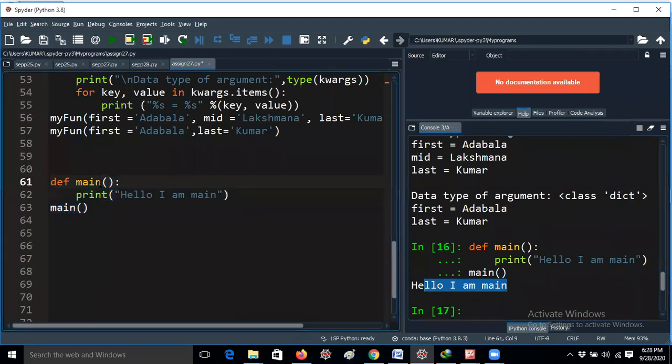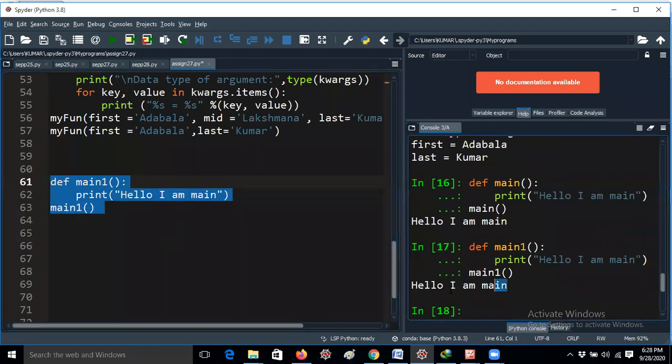Okay, so you can give main1 also. Whenever I give main1 and execute this program, it prints I am main1. That means there is no difference. That means this is just like a user defined function. Main is not predefined, and main is not defined even in the library. Okay, so by default Python always gives flexibility to the user, guys. You should understand very carefully.